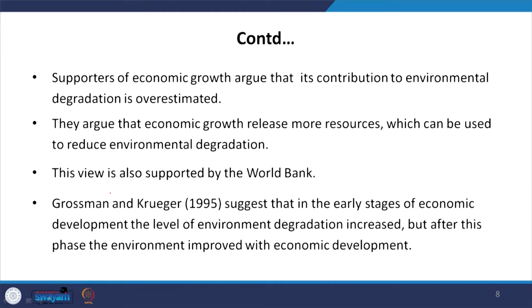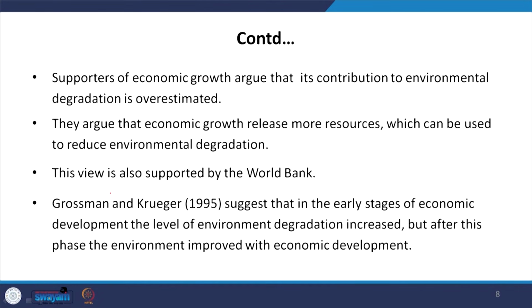So, this is one argument, but as in the first lecture I also stated, there is another view as far as the relationship between economic growth and environmental protection is concerned, and that is the view of environmentalists, those who believe in preservation of nature. They think that there should be a limit to the growth. So, excessive growth may lead to environmental degradation, but the third view is that we have to achieve sustainable growth by making a proper balance between economic growth and environment.